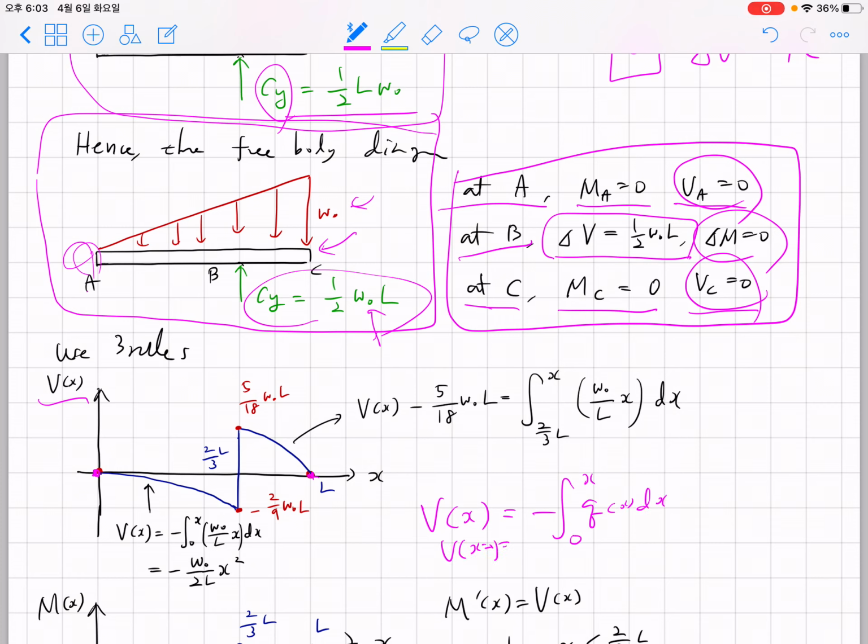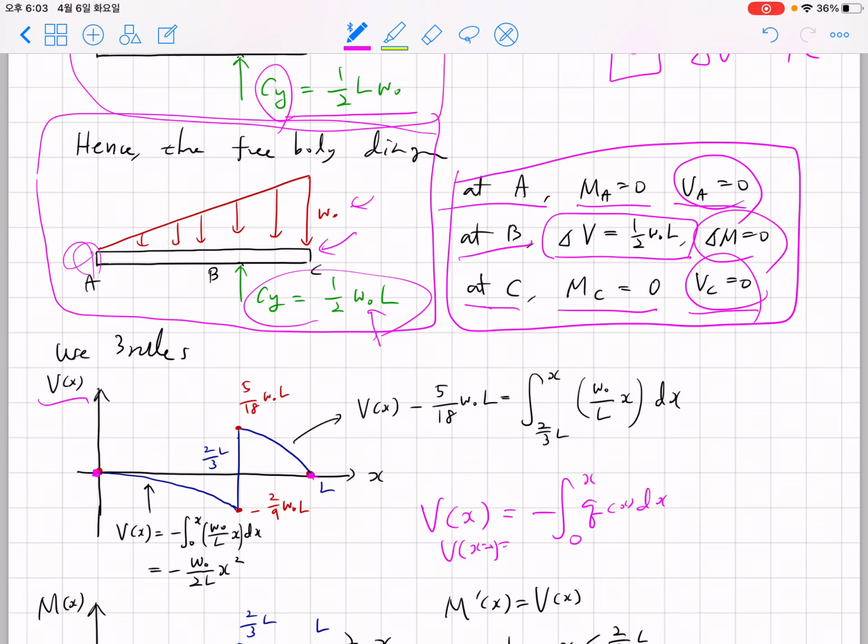So we have V(x) equals negative W0 over 2L x squared. Then after identifying this point, we use the information that delta V must be half W0 L. If you add up that value, half W0 L, you're going to have 5 over 18 W0 L at just right of this